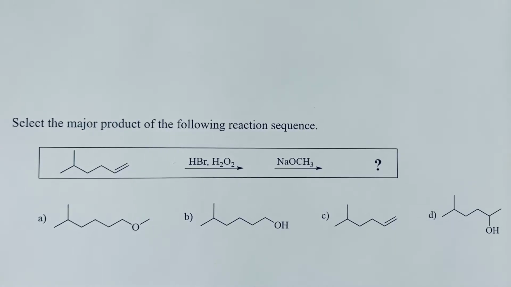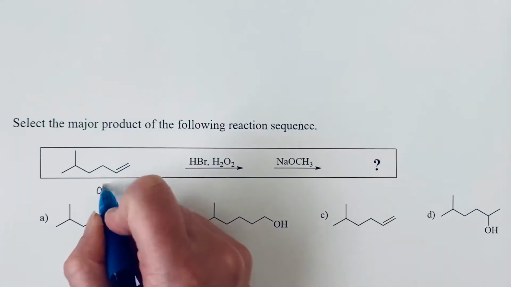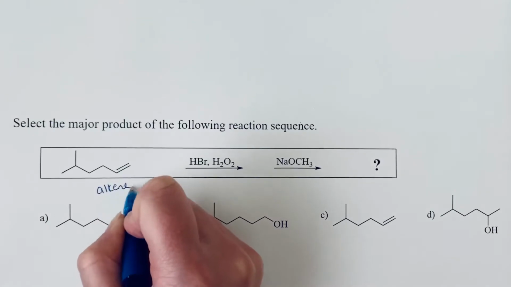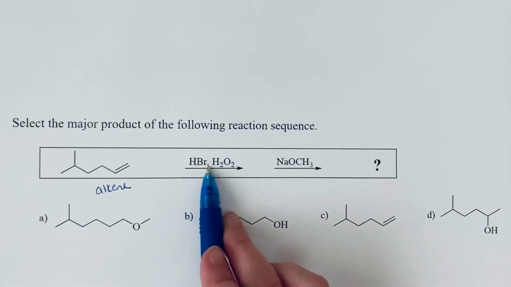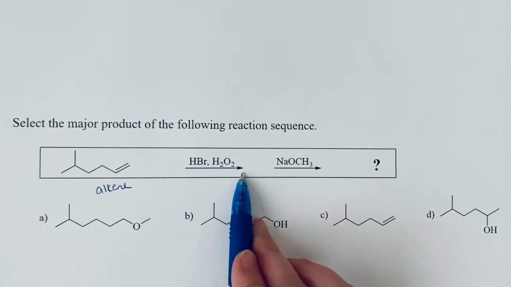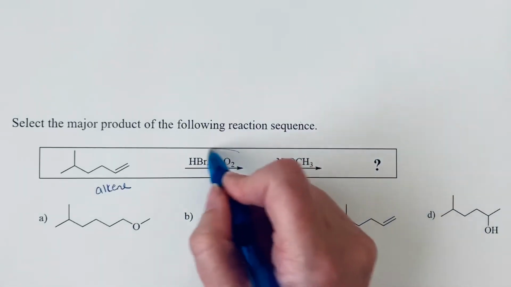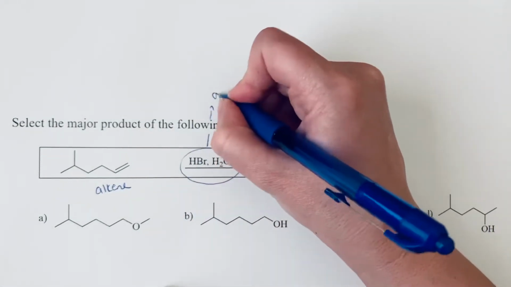Select the major product of the following reaction sequence. So we see that our starting material is an alkene, and we are adding to that alkene hydrobromic acid, HBr. And we see also that we have peroxide in there. So these are the reaction conditions that will allow us to add HBr